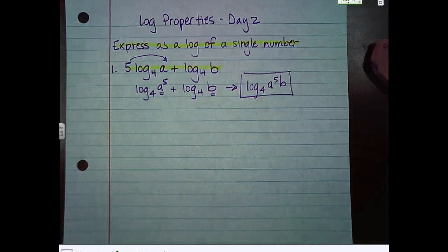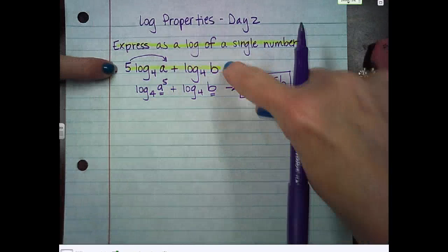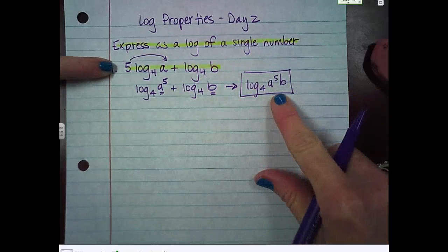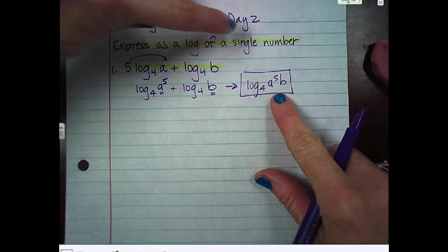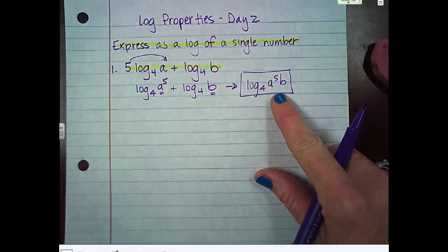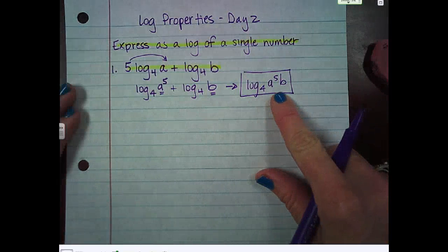Notice I went from expanded form here, it's really long, to a single log. Do you see the directions? Express a log as a single number. So it was from expanded form to condensed, a single log. Right? Number 2,